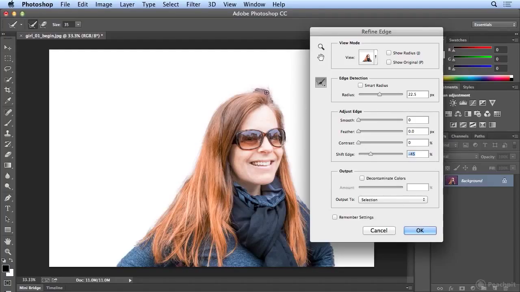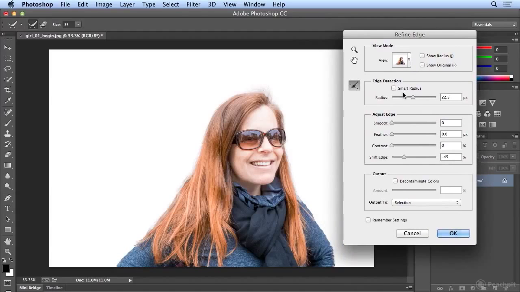I'll paint a little bit more into this purple that I'm seeing, and Refine Edge cleaned it up more, but still left the wisps of hair, making it look as if this image was shot on a white background. Now, if I scoot the window over more, I'll notice I'm getting some transparency in her shirt that I may not want. So checking the box Smart Radius attempts to keep a little bit more of a solid edge.